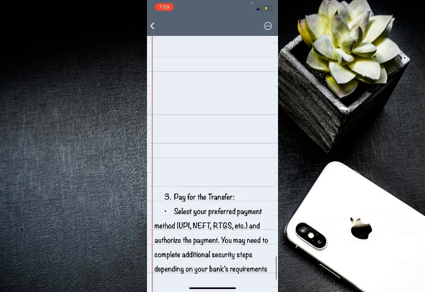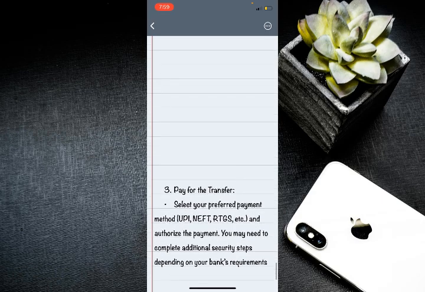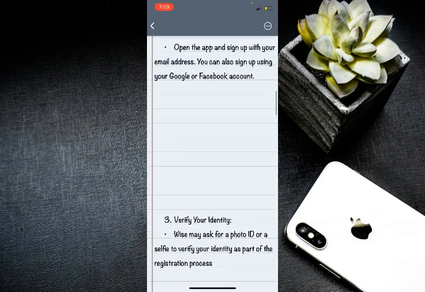Then after that, select your previous payment method, which is UPI, NEFT, or RTGS, and authorize the payment. You may need to complete additional security steps depending on your bank's requirements, and that's how to send money